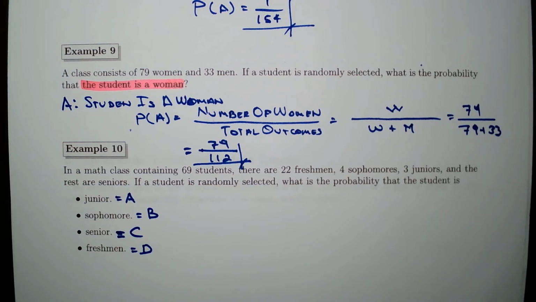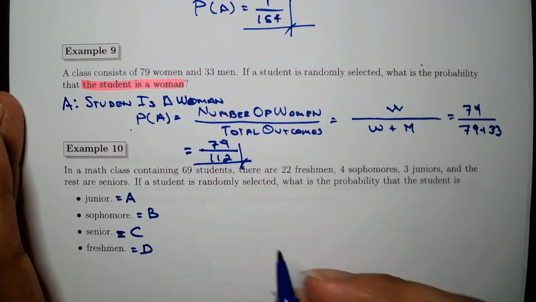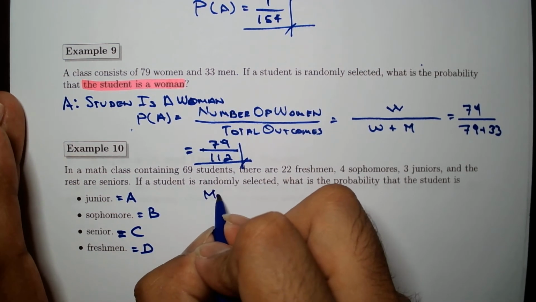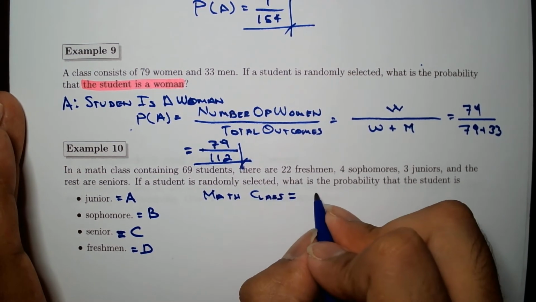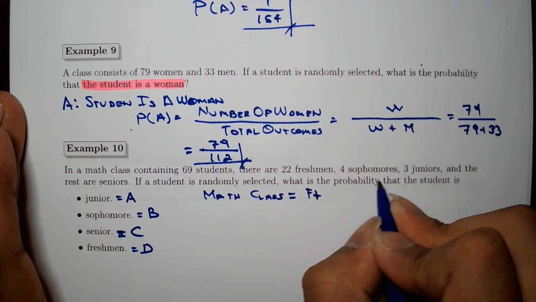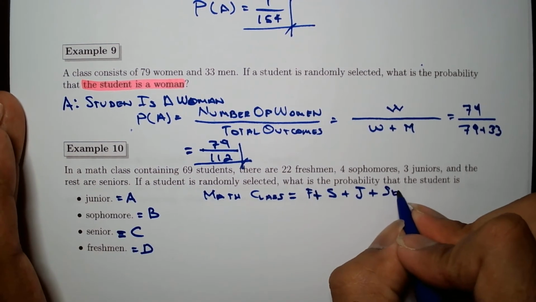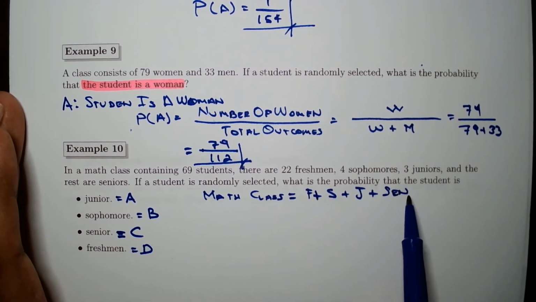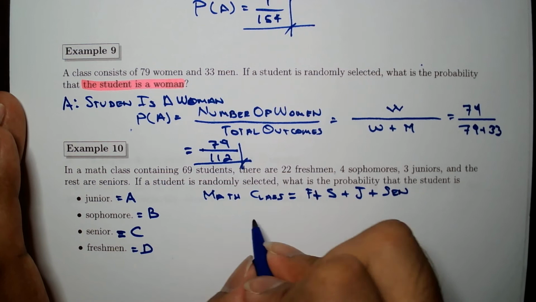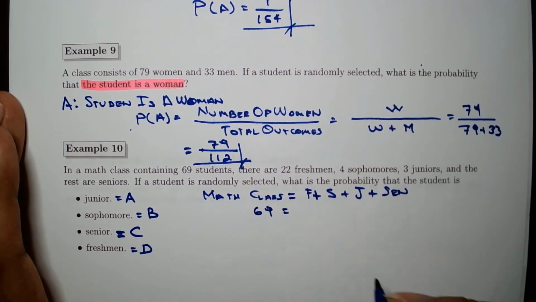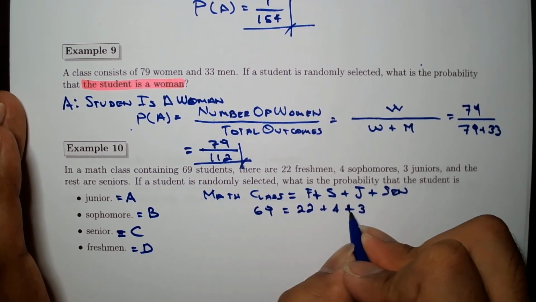However, we need some piece of information. So in this case, math class. This math class has freshmen, sophomores, juniors, and seniors. The rest are seniors. I'm using SEN for seniors instead of just the S so we don't confuse this with this S. How many are in the class? 69. How many freshmen? 22. How many sophomores? That's 4. How many juniors? That's 3. And